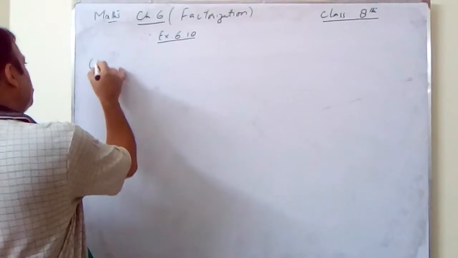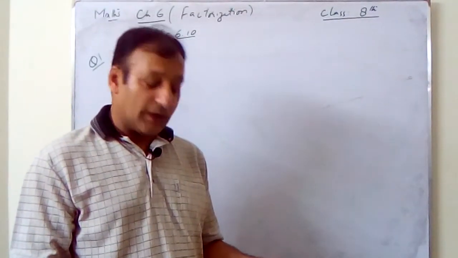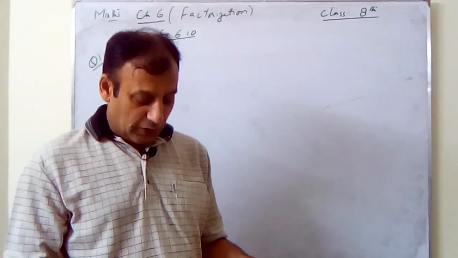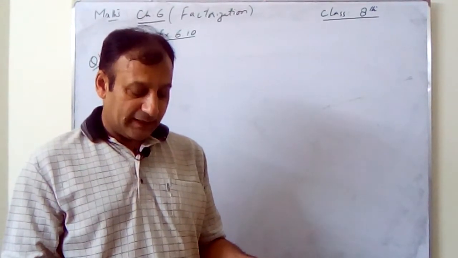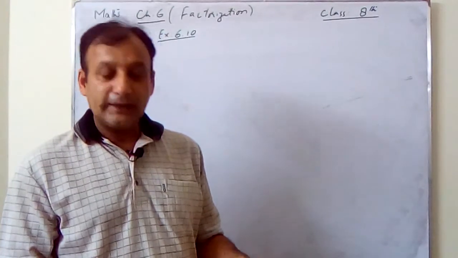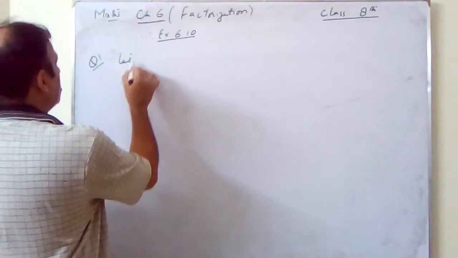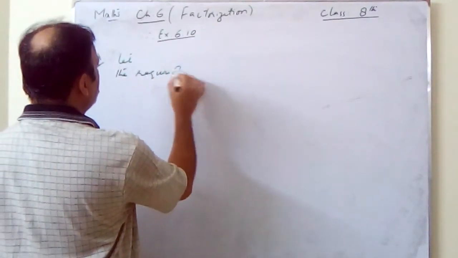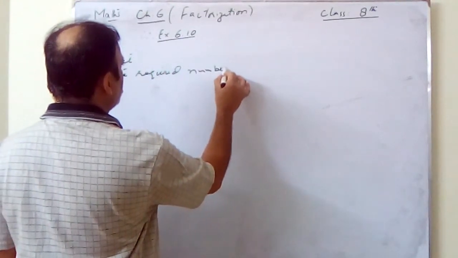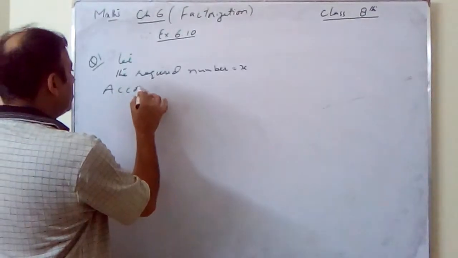In the first question, Ahmad added 5 to twice a number. Then he subtracted half of the number from the result. Finally he got the answer 8. Find the number. So we have to find the number. So let the required number be equal to x. According to the condition,